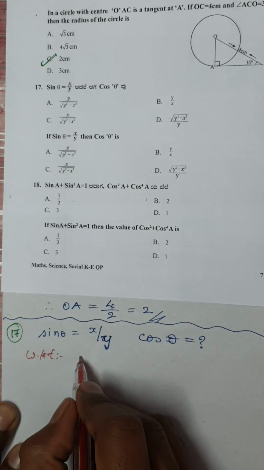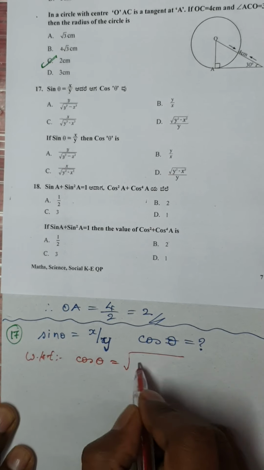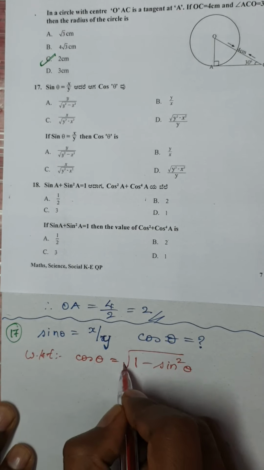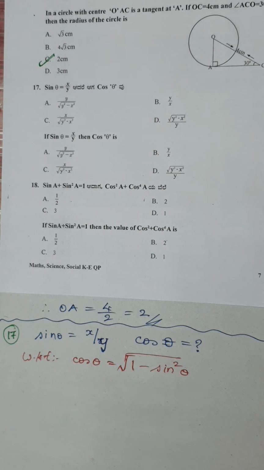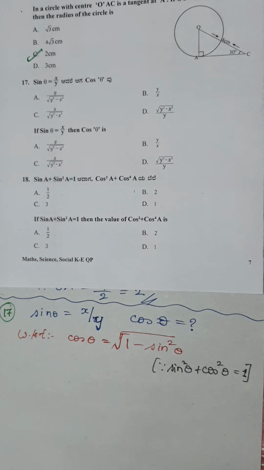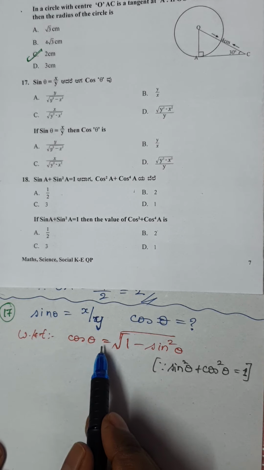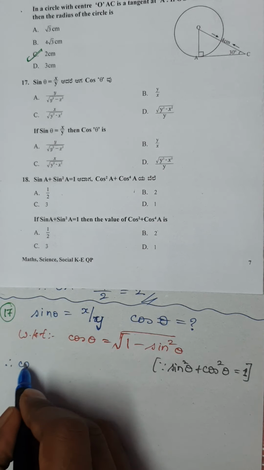Writing cos in terms of sine. So we know that cos theta is nothing but root of 1 minus sine square theta, because you get this relation from sine square theta plus cos square theta is equal to 1. From there I am using it. This method is actually very simple for you. Otherwise, if you use the triangle process, it will take a lengthy time.